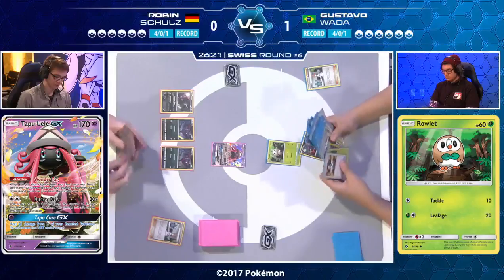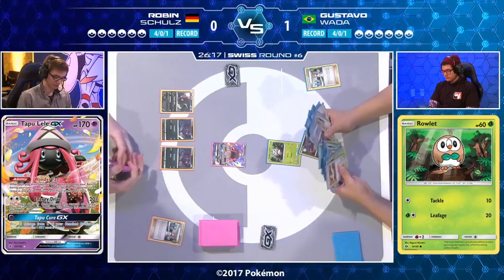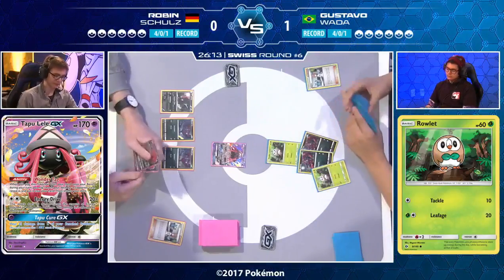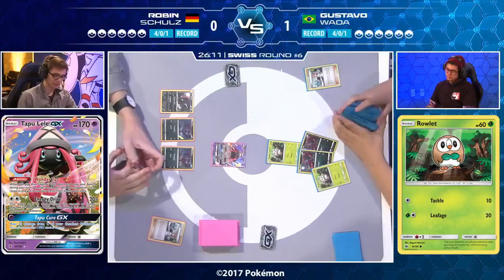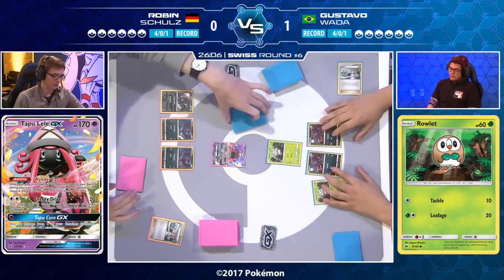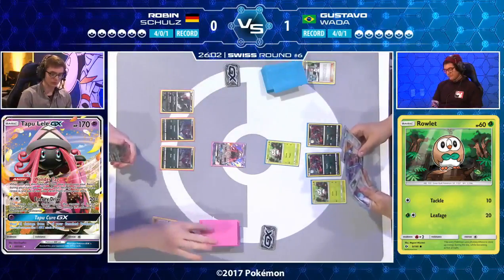And of course, stop me if you've heard this one before, Nick, but after Robin goes first and uses a Bridget to search three basic Pokemon, Gustavo's going second and using a Bridget to search three basic Pokemon. It is kind of what's become the standard turn 1 play of Pokemon right now, because why wouldn't you, right? It's amazing. And the funny thing is, we had Bridget since Breakthrough, and it saw a little bit